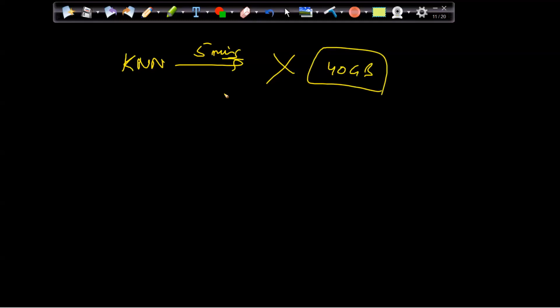If you go with a KNN model and say, you just pass the data, I will give you the output in 5 minutes, no one will wait for it. They will reject this algorithm. They will say, no, I cannot wait. And again, you are saying that you need 40 GB of RAM also. It's a cost for me. Why will I go with this?